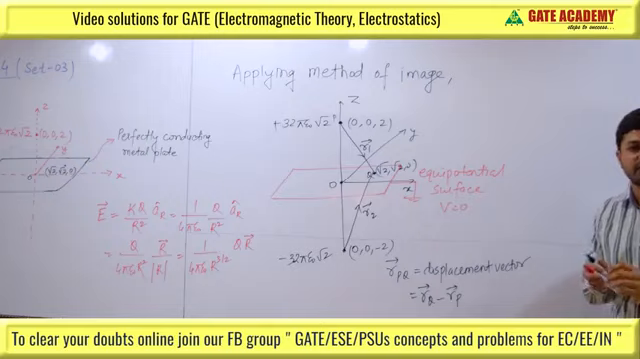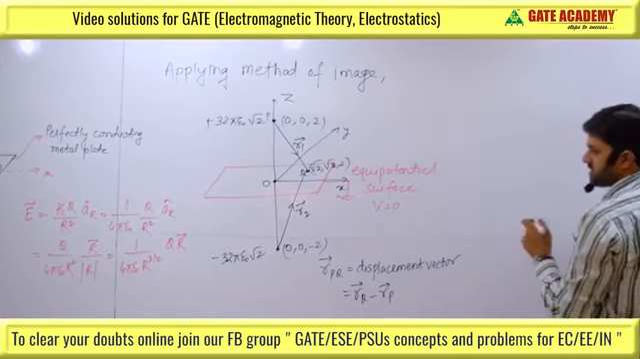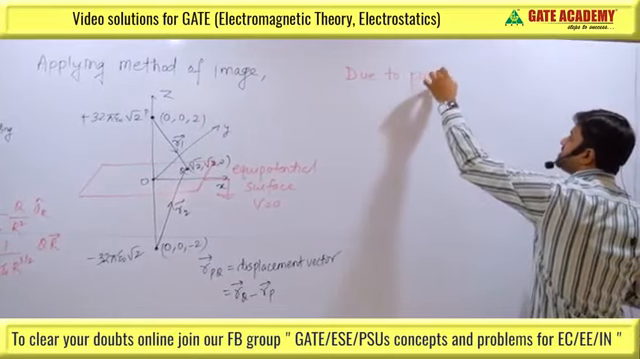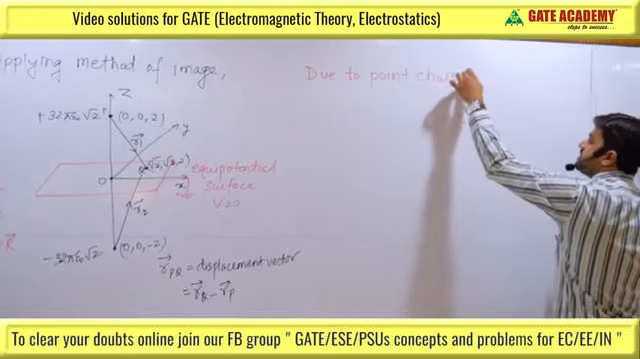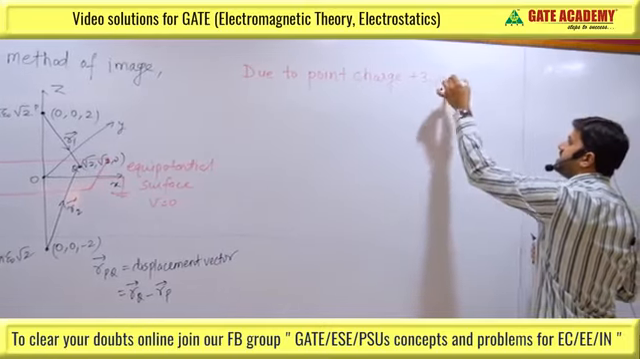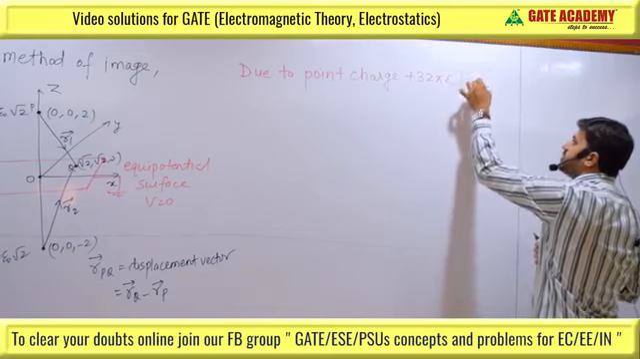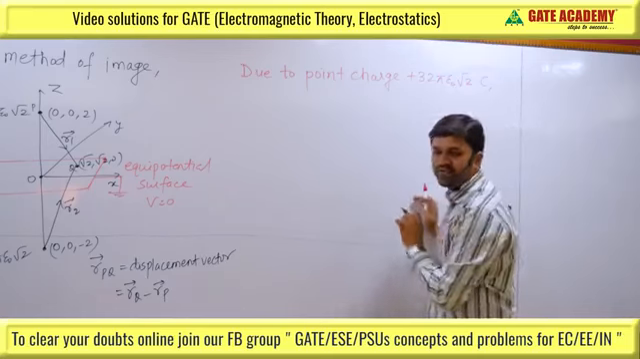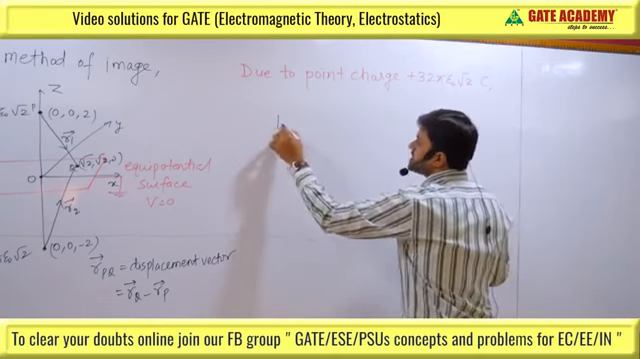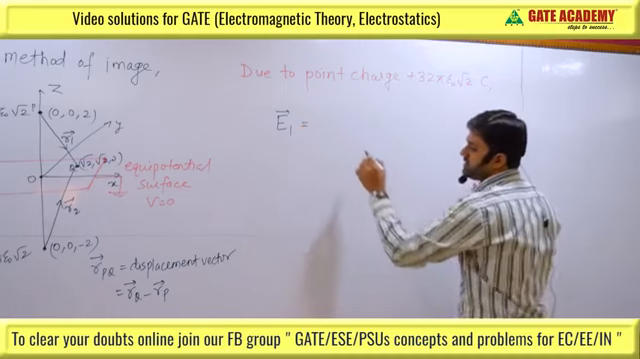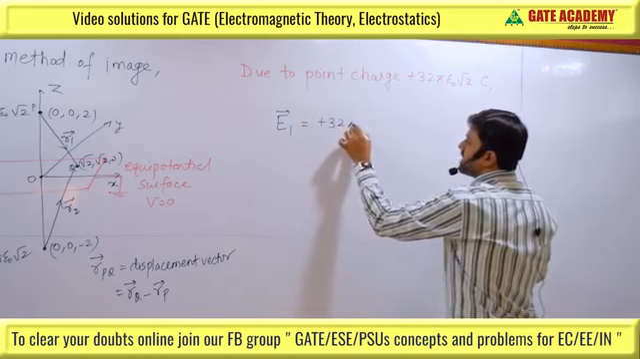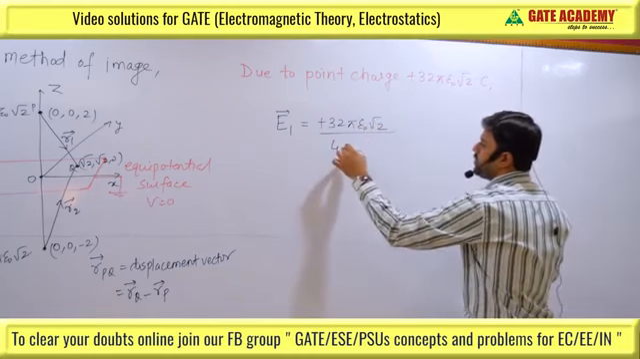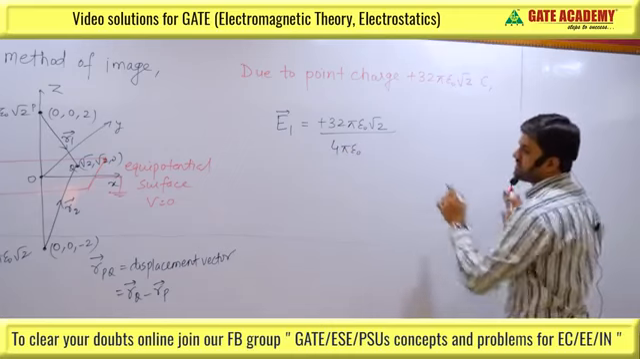So let us denote it by R1 and R2 vector. Now due to point charge plus 32 pi epsilon naught root 2 coulomb, the electric field intensity at the point of interest, that is root 2, 0, is E1, which is plus 32 pi epsilon naught root 2, this is the charge, divided by 4 pi epsilon naught vector r,